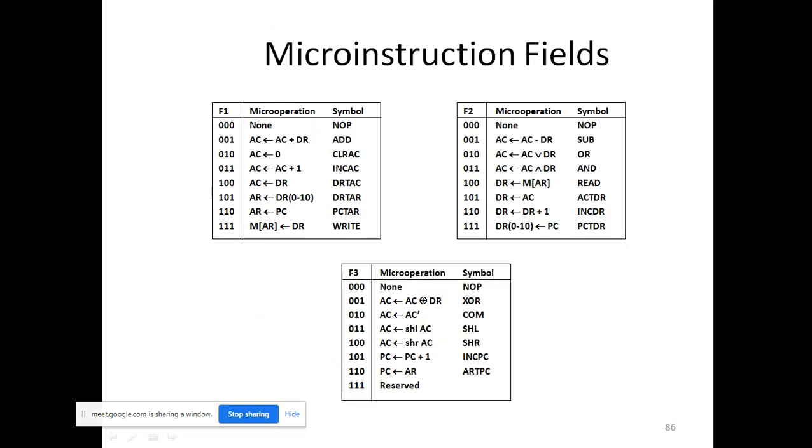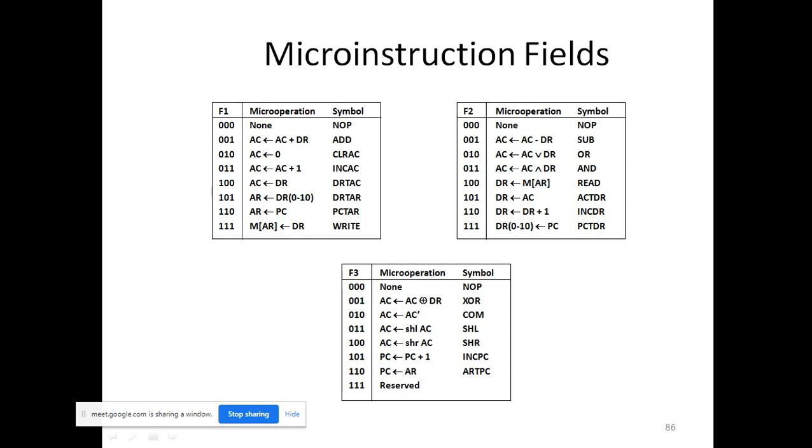Here, coming to this one, in the starting, if it is 0 0 there is no operation. Observe all: F2 also no operation, F3 also having no operation. Finally we will get this having 7, this having 7, this having 7. So in total we will get 21 micro instructions.